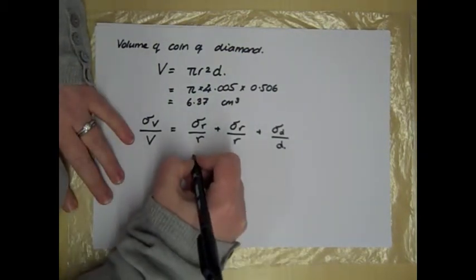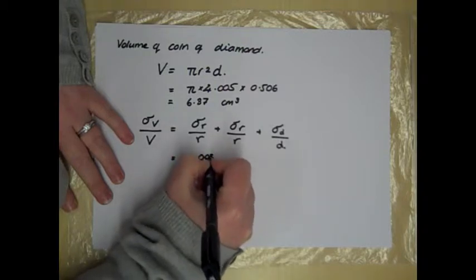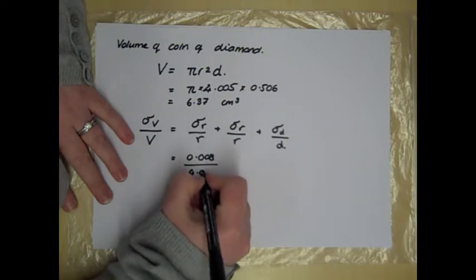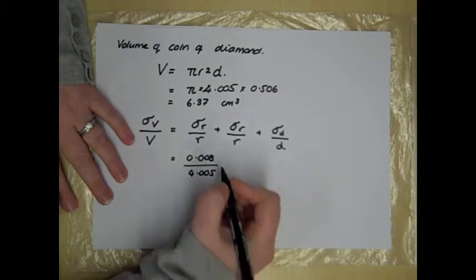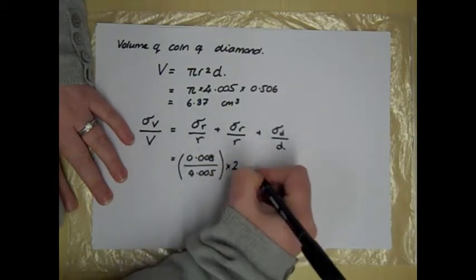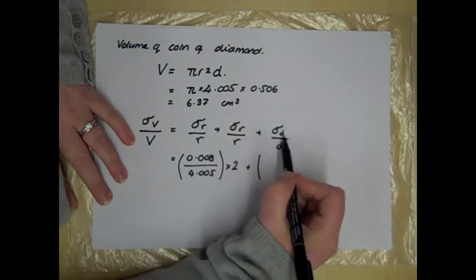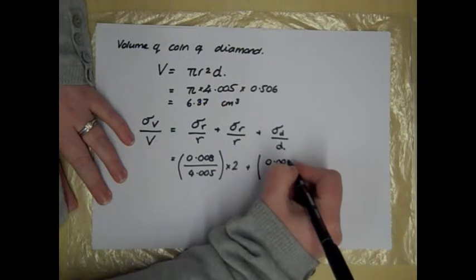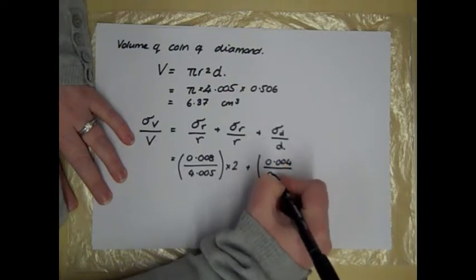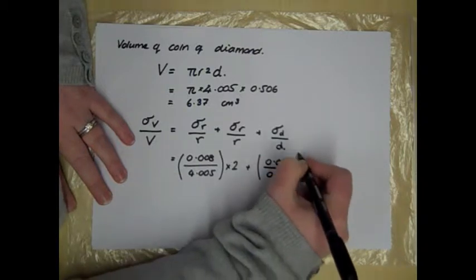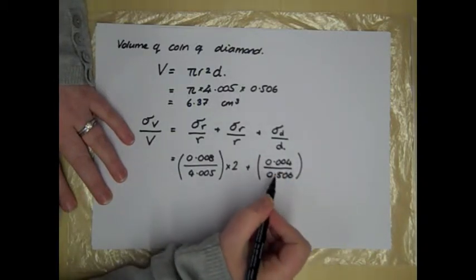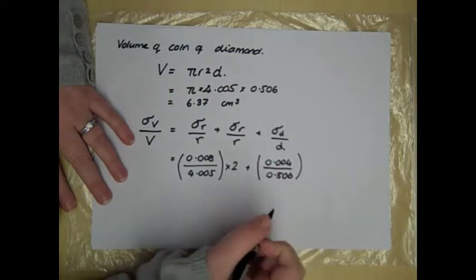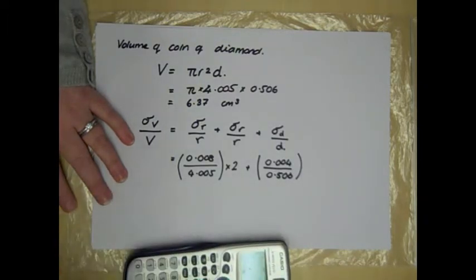My uncertainty in my radius is 0.008 divided by 4.005, and then I've just got that times 2, plus the uncertainty of my depth, which is 0.004 divided by 0.506. At this point it doesn't matter what the units of this are because I'm taking a fractional error. Units top and bottom are going to cancel. So if I just work that out,